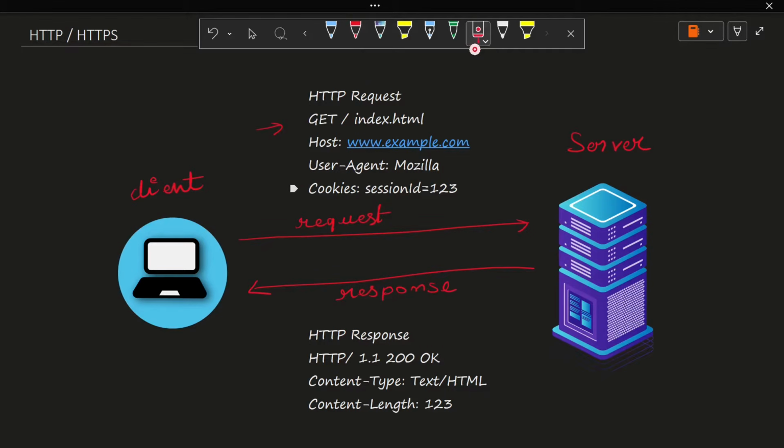And you are also sending the user agent, like Mozilla or Chrome, or any browser that you use. Also, we are sending information like cookies, which includes the session ID, as you can see here. And after all these requests are successfully sent to the server, the server processes the request based on the information